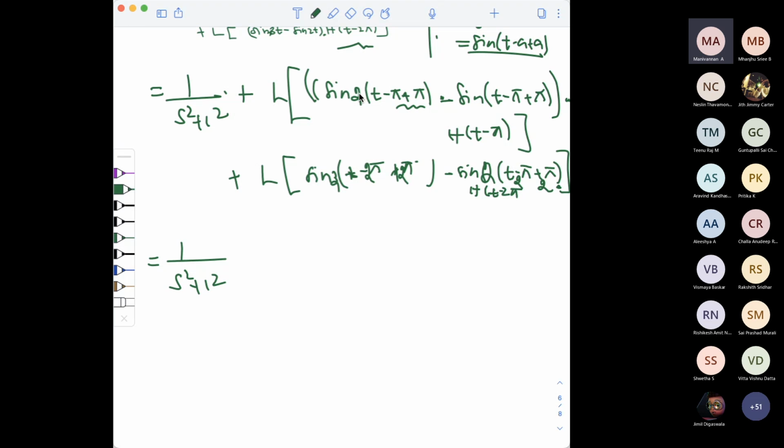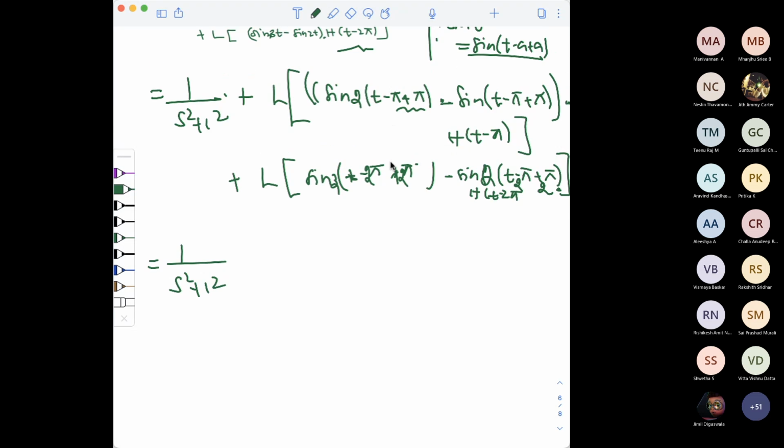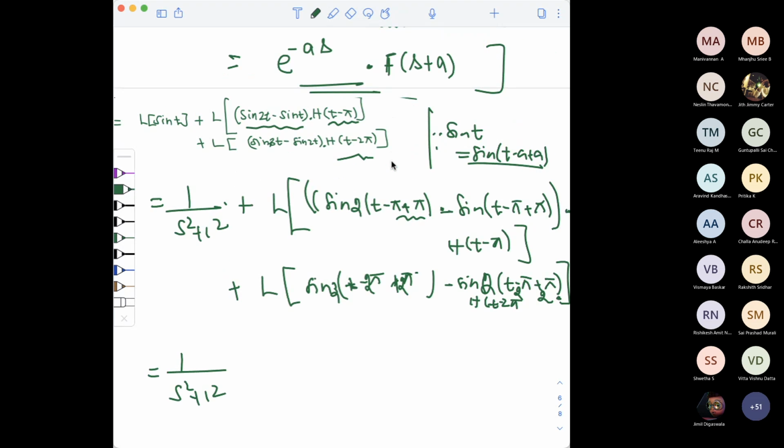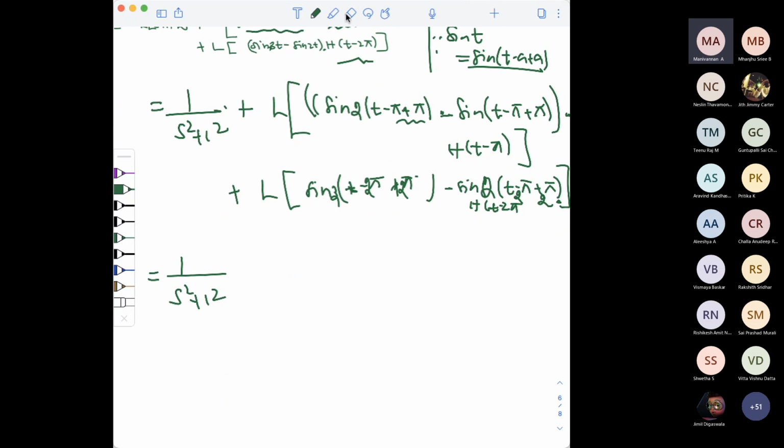Okay, now if you are expanding this, 1 divided by s square plus 1 square, the Laplace transform of this is 2t minus 2 pi. Actually it is sine 2, the angle is here. Okay, what will be the answer here? Actually here, if you simplify, rather than doing this entire thing, I am just calculating sine of 2 of t minus pi plus pi. It is nothing but